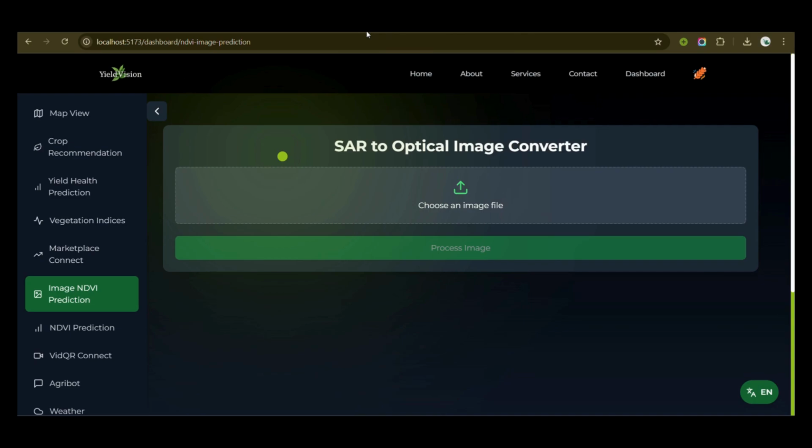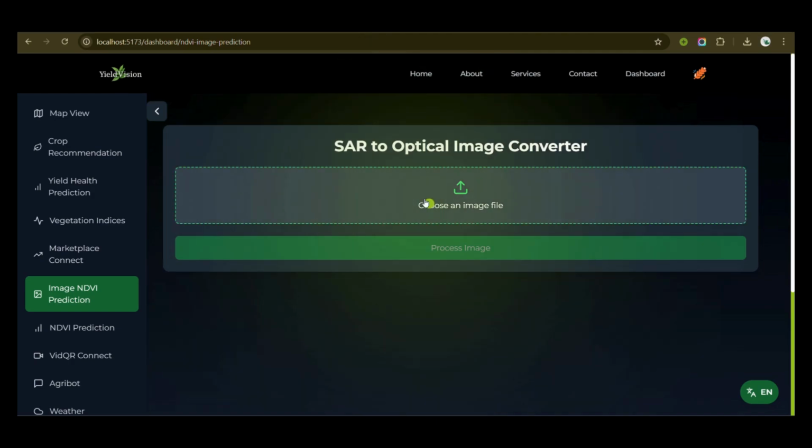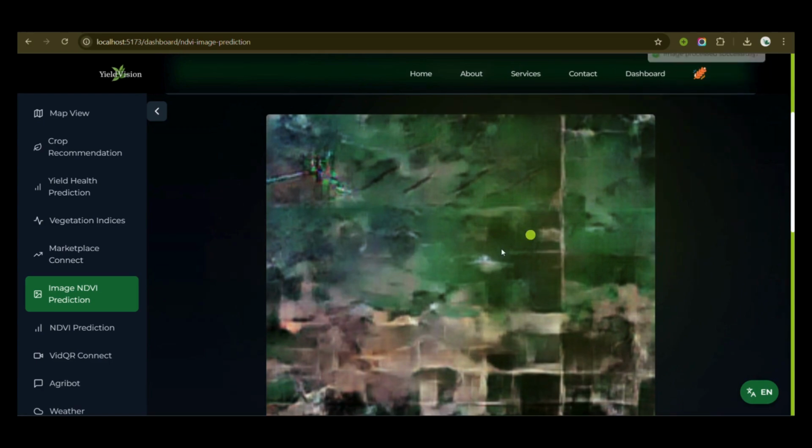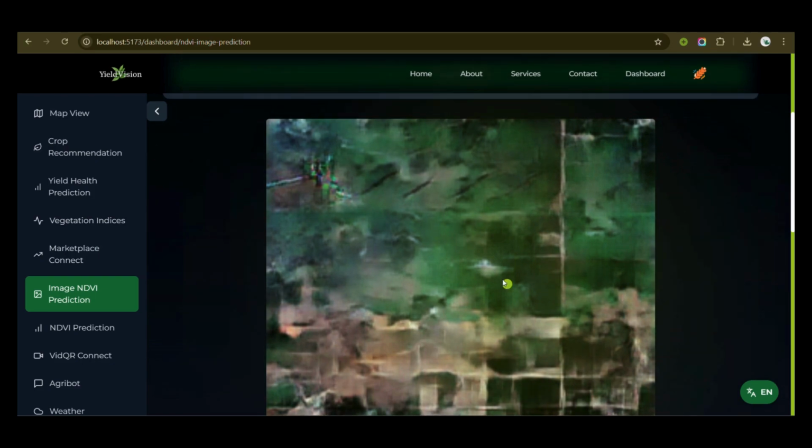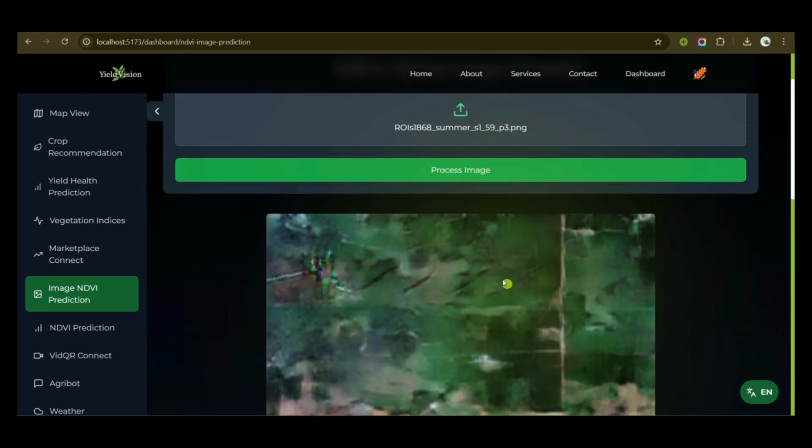But with SAR data and our conversion model, we can still generate clear, understandable images and use them for vegetation analysis. So let's upload a SAR image. Click on process image. Now we can see that we have got an optical image for that given location. By using this converted image, we can then apply NDVI analysis to assess plant health, detect deforestation, and monitor environmental